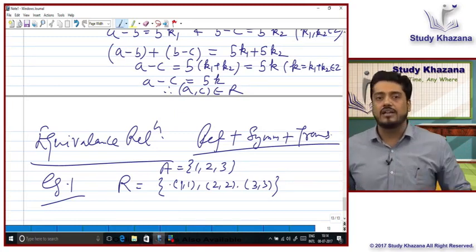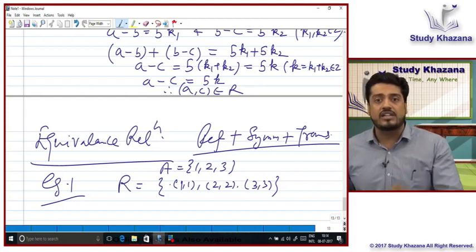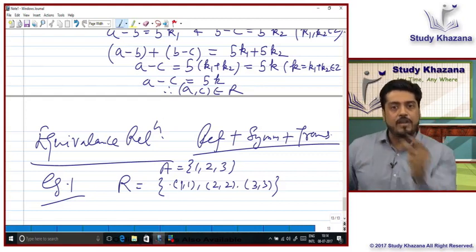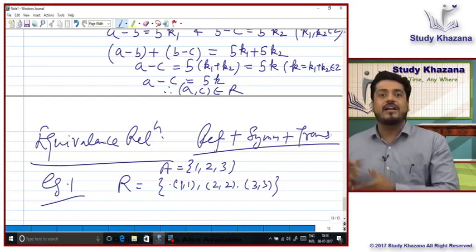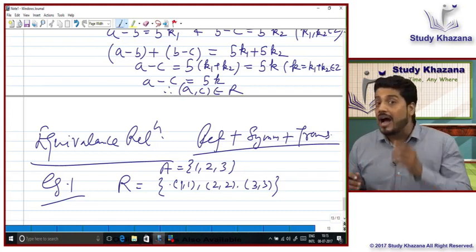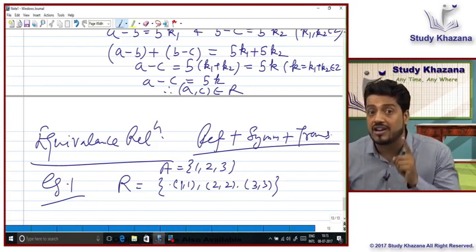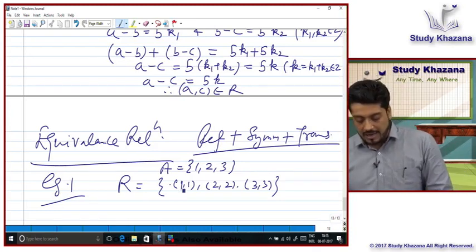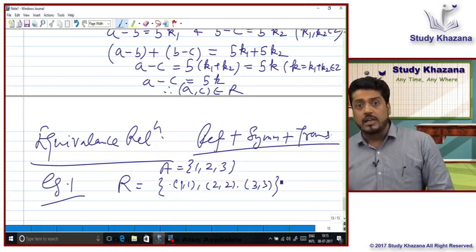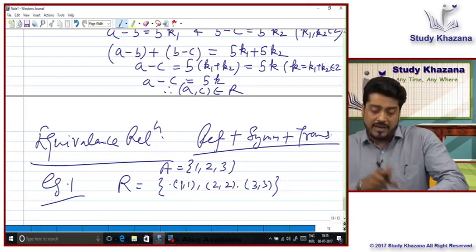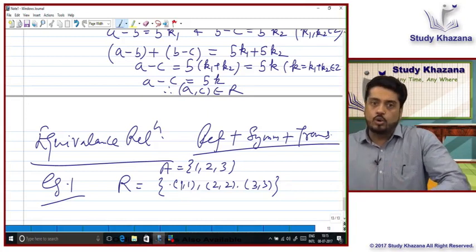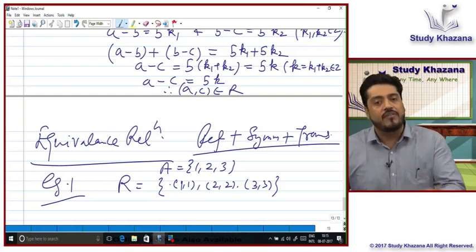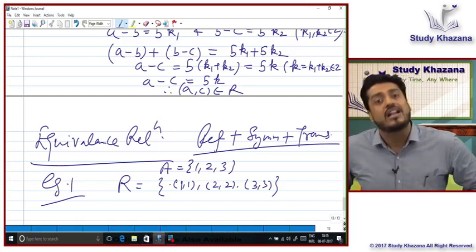Now the last property I need to check is whether the relation is transitive or not. For transitivity, what is my requirement? That if (a, b) belongs to R and (b, c) belongs to R, then the resultant element (a, c) also belongs to R. And I have told you, if the hypothesis is not generated, the conclusion is always taken to be true. In that case, you can easily observe (1, 1), (2, 2), (3, 3): there is no condition where one element becomes a link between two elements. There is no such situation. a related to b, b related to c does not arise. If it does not arise, we take this relation to be trivially transitive.